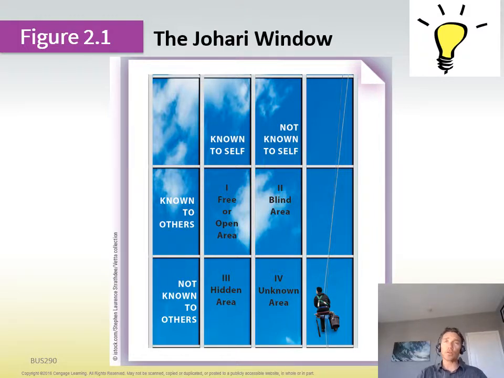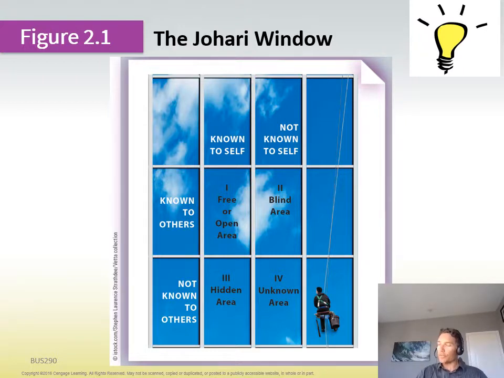Things that are known to others but not known to yourself would be perhaps you say "a lot" or "like" a lot. I remember taking a speech class in college many years ago, and these were recorded, and when I watched the recording I saw that I touched my nose constantly, and I wasn't even aware. I'm like, what is wrong with me? I can't seem to stop touching my nose. So that was something that I had a blind spot about. So we all have blind spots. They can be not just behavioral, how we speak with others, but it can be character blind spots, things that we don't see about ourselves. And when you're in a group environment, that stuff can be revealed.